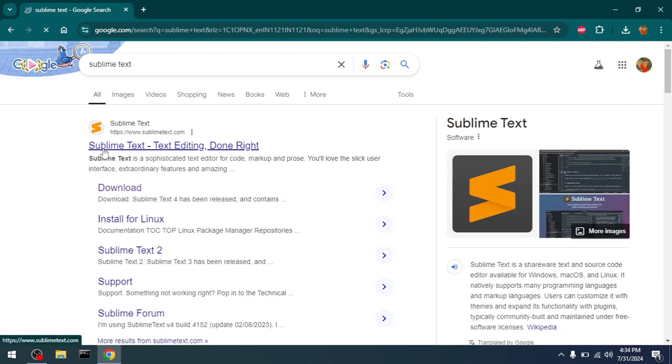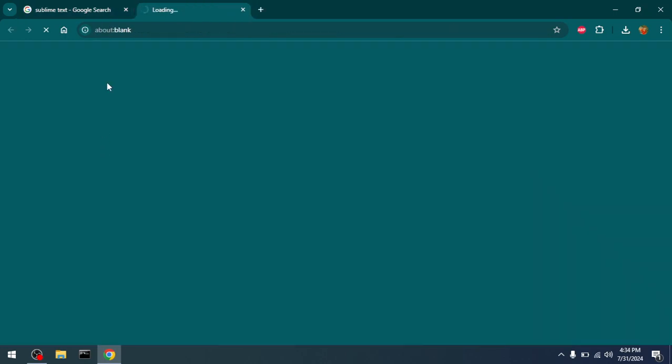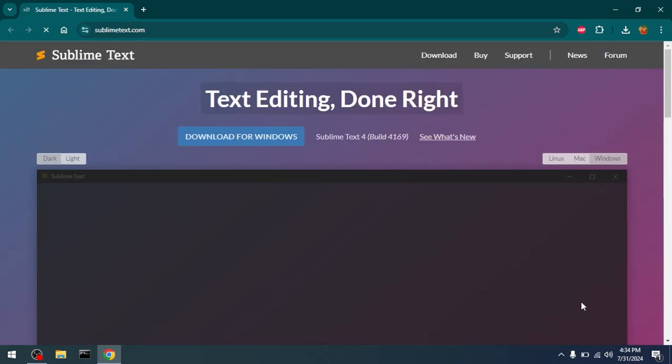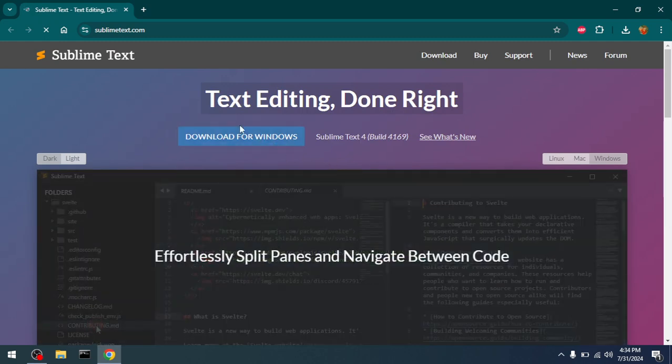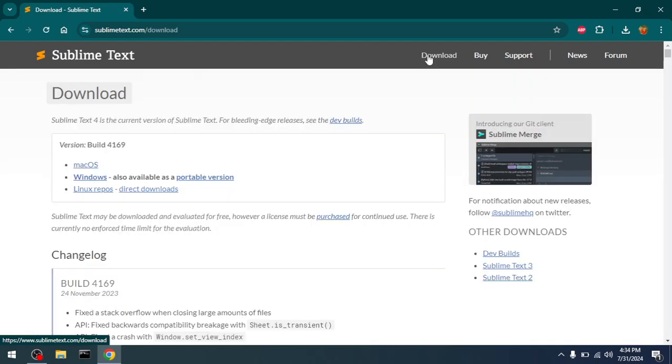and you can click here and just wait for this to load. And the process is very simple. So once you are here, download for Windows, you can click this button or click here. Once you click there,